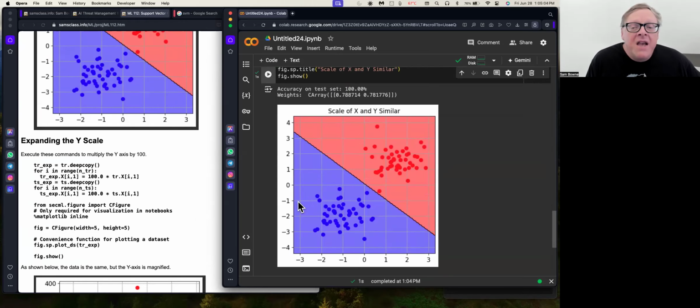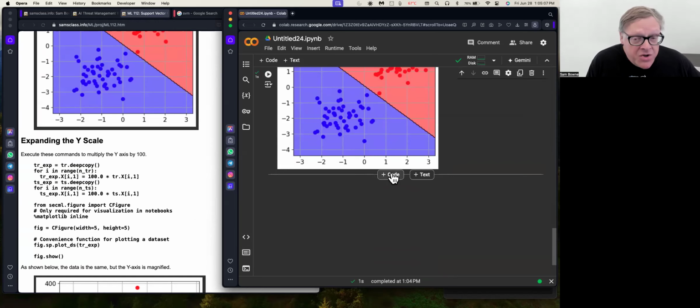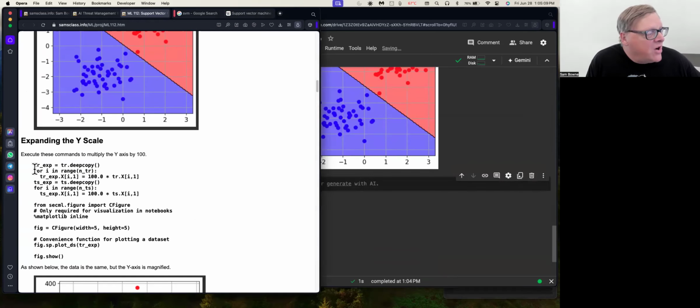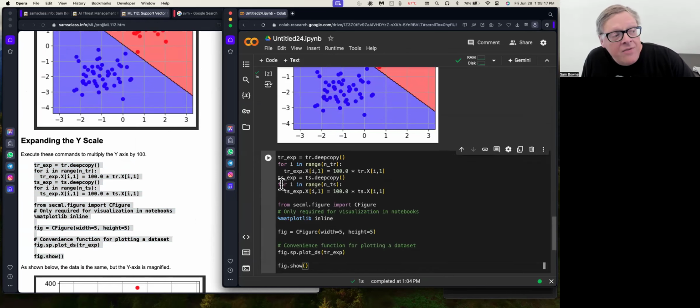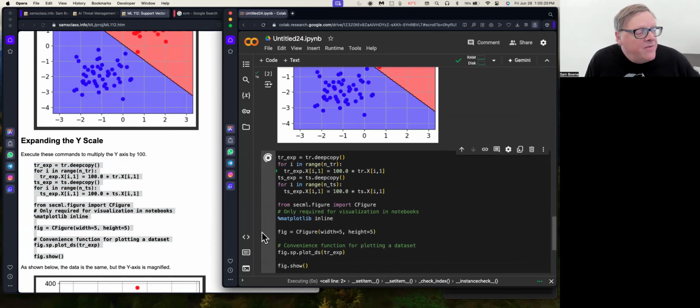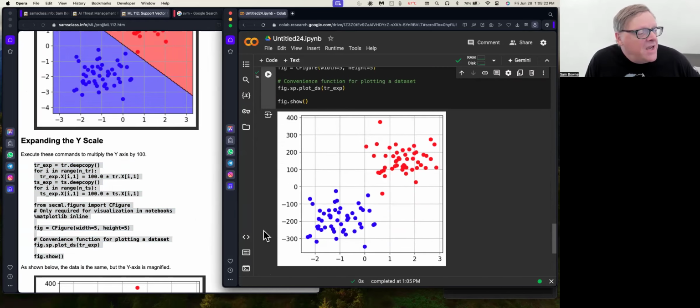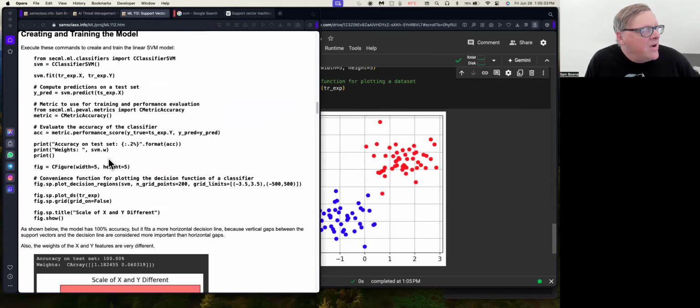Now, there is a strange limitation of this. You may remember in one of the previous projects, we talked about scaling the data. Like the data went from 0 to 255 for brightness, and we renormalized it to go from 0 to 1. You very often have to do that. If you simply multiply the y-axis by 100, so it's exactly the same data, but instead of 0 to 1 this is 0 to 100, now if you create and train a support vector machine model,